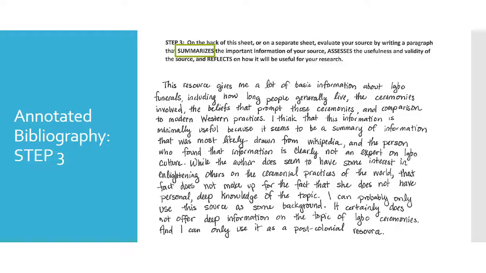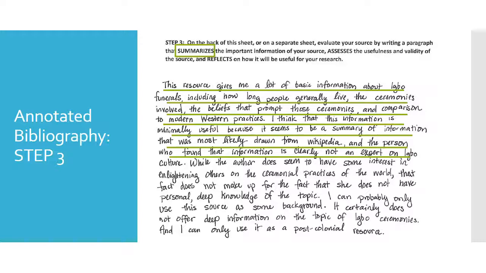So you'll see, if you were to read the first sentence of the 2 sentences of the paragraph here, that's my summary. So I talk about what kind of information is there. I list in broad terms the types of information that I will find in more detail in the article that I found online. I've also started to talk a little bit about the author in those lines, which kind of bleeds into our next step,